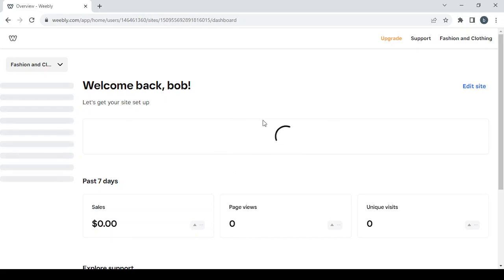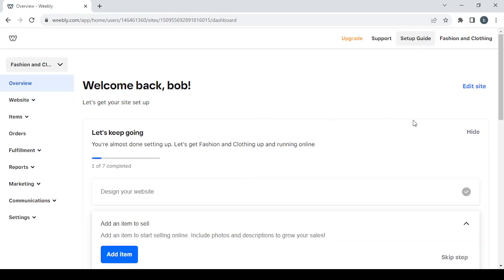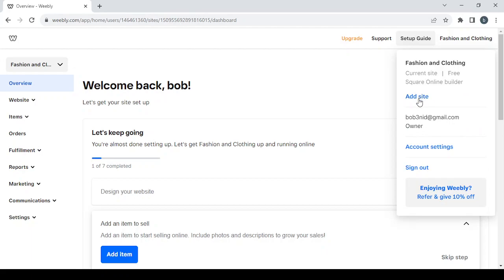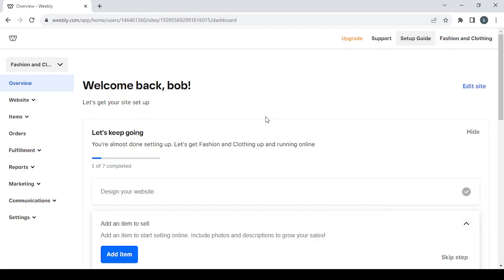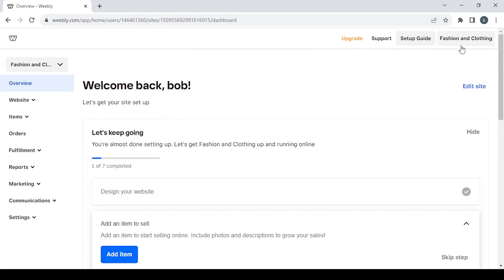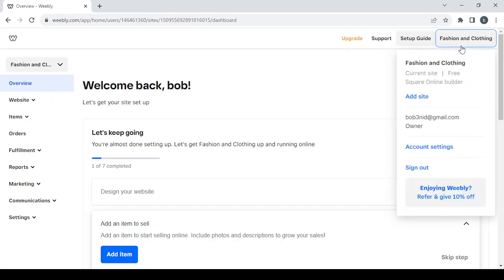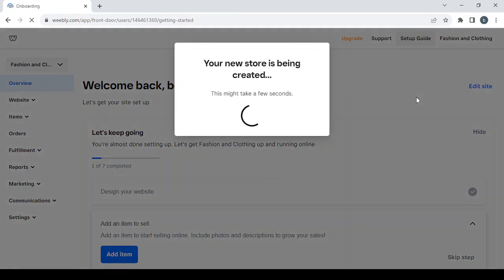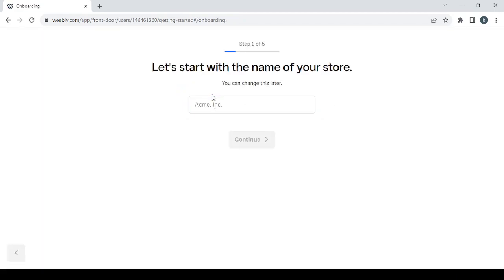So this is the dashboard as you can see, but first let's go to this button in the right, click on it and click on add site, because this is an old website I already have in the platform. So I want to show you how you can create a website from the beginning. So just click on add site if you already have a website in this platform,